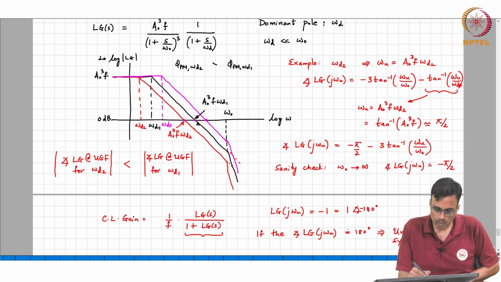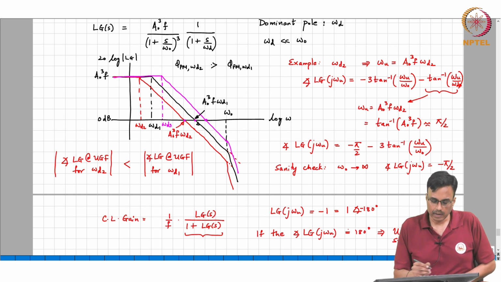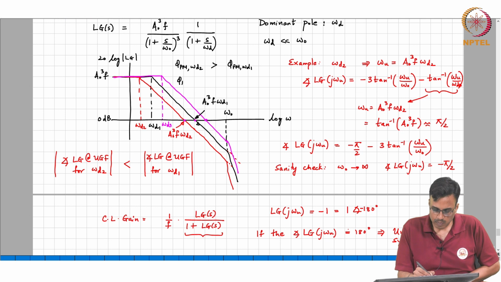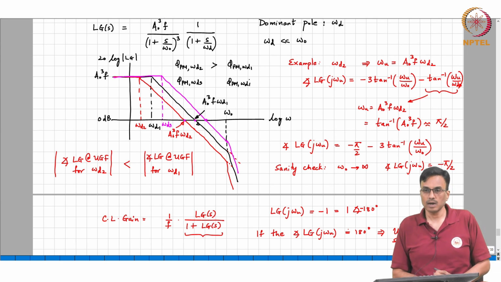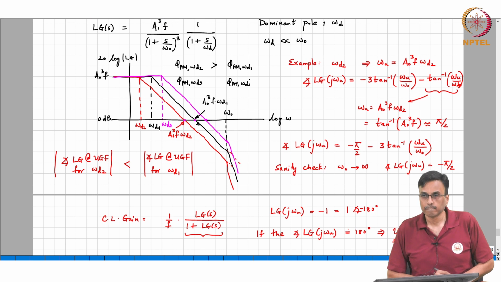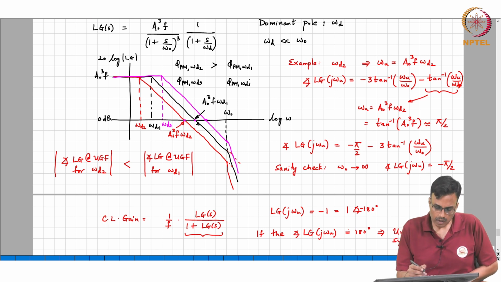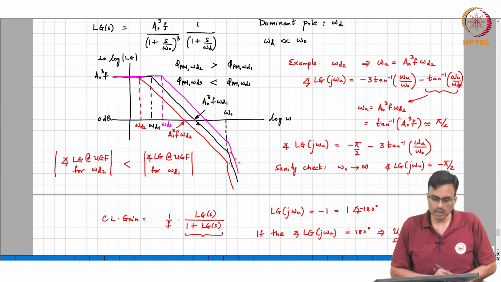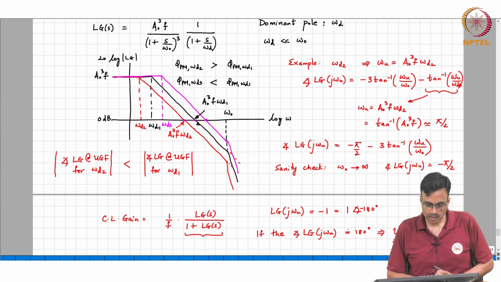Omega d2, all right. And the phase margin for omega d3 and omega d1, which of them has got a larger phase margin? Choosing omega d1 results in a larger phase margin than omega d3. But so basically